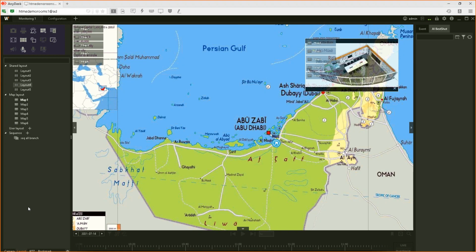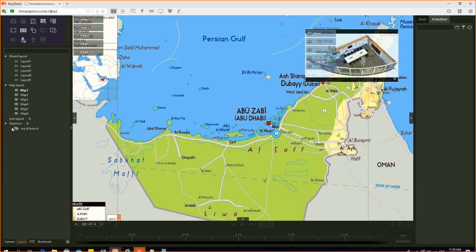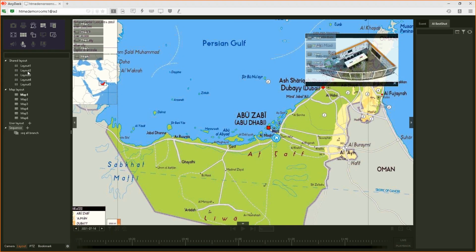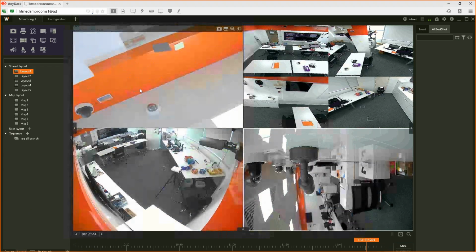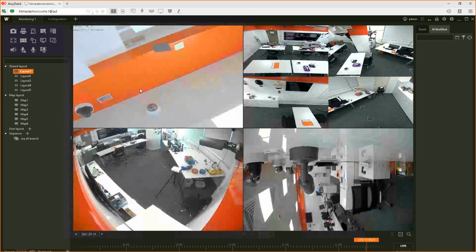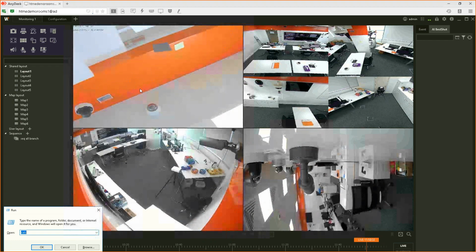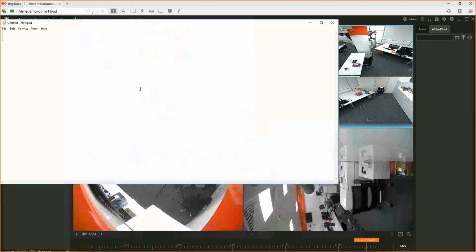Then next, sequencing. What is sequencing? In case you have multiple cameras and you have a limited number of monitors. Take a project where you have 1,000 cameras, but you have 6 monitors. How to display? So what you do in that case, if you have 1,000 cameras and 6 monitors, you dedicate 2 monitors for special cameras, critical cameras.